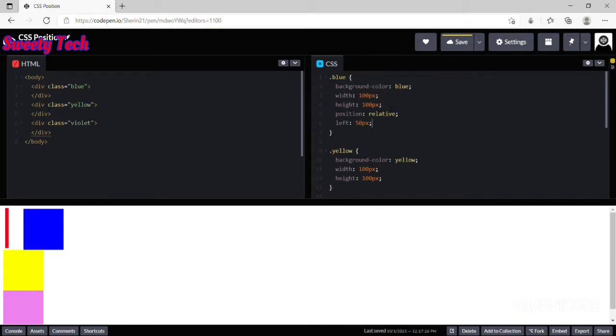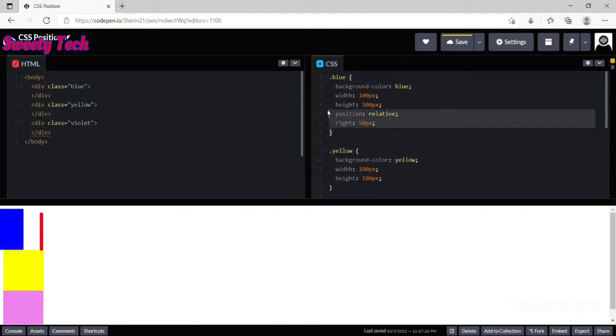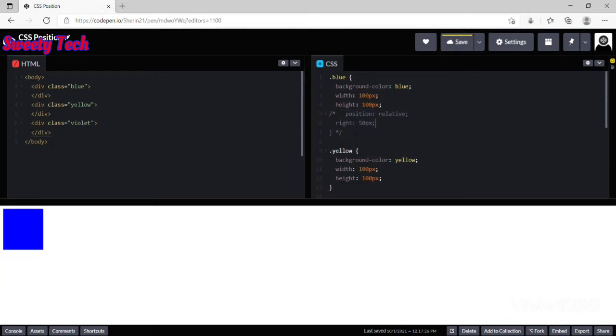If I change its left property to 50 pixels, then it goes left from where it used to be. If we change its right property to 50 pixels, then it goes right from where it used to be. We are able to change 4 properties. They are top, right, bottom and left.